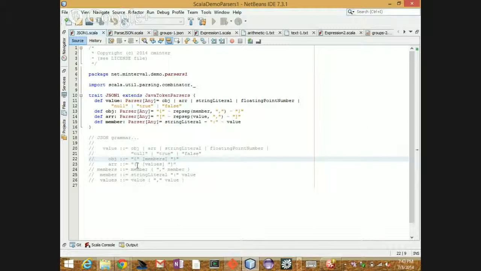It has the square brackets and some values inside and closing brackets, right? And then it keeps going down. So members, what are members? Okay, members, plural, is a member followed by an optional comma and another member.